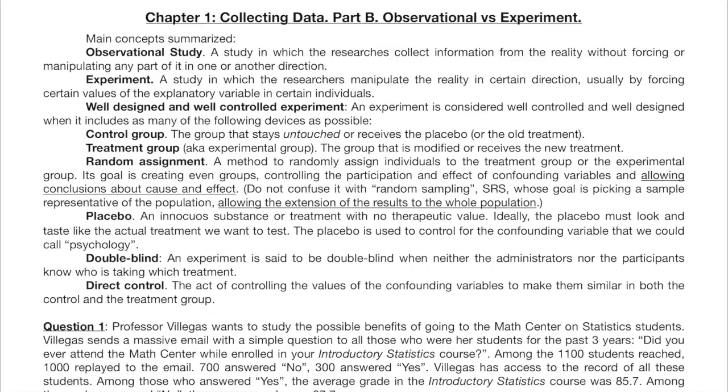How do we decide which individuals go to the control group and which individuals go to the treatment group? This is the crucial question. In most cases, the best option is doing it randomly. We call this random assignment. Don't confuse it with random sampling, which we saw in Part A, sampling methods. Let's pay attention to the distinction.